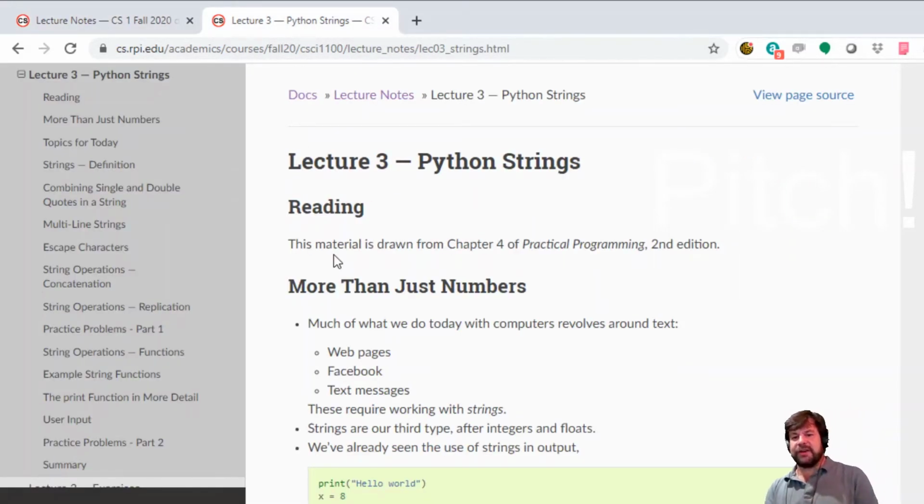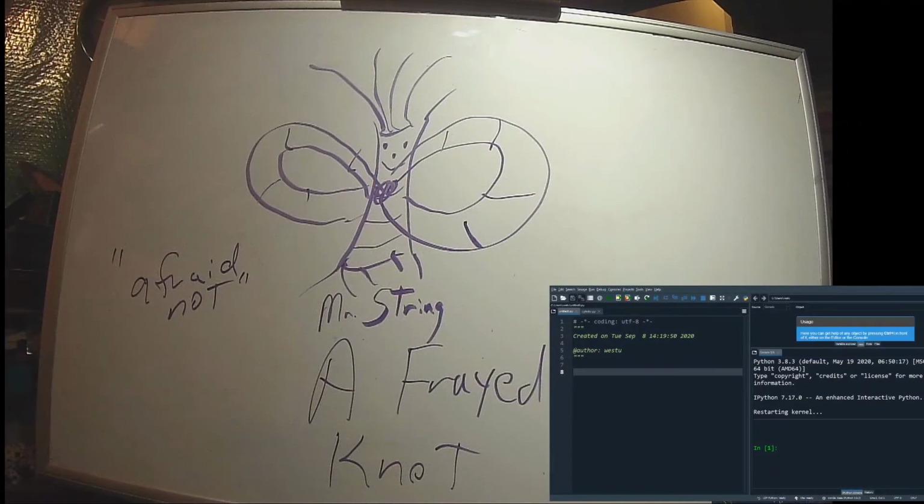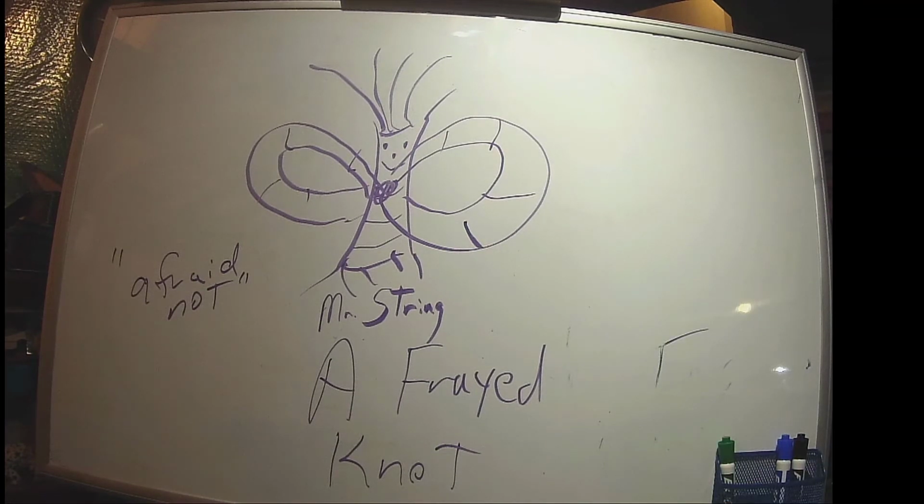Today what we're going to talk about, the whole purpose for my string joke, is Python strings. And most of this material is in Chapter 4 of Practical Programming. So if you have the text, keep up with Chapter 4. What we want to talk about today is, well, you know what? I'm going to use my whiteboard one more time. If I go up to the whiteboard and I write something like, oh, I don't need that, do I? Not right now. Okay, if I go up to the whiteboard and I write